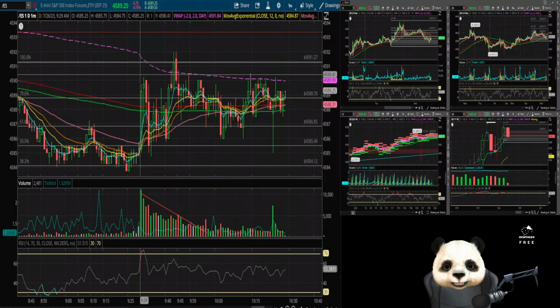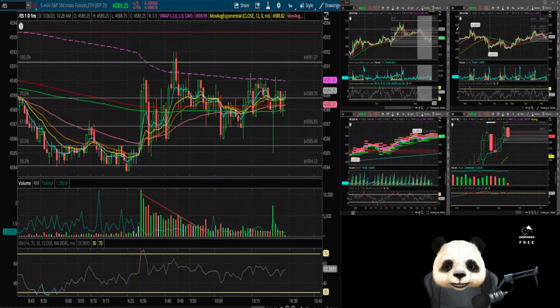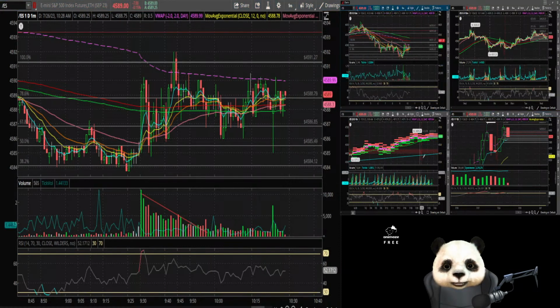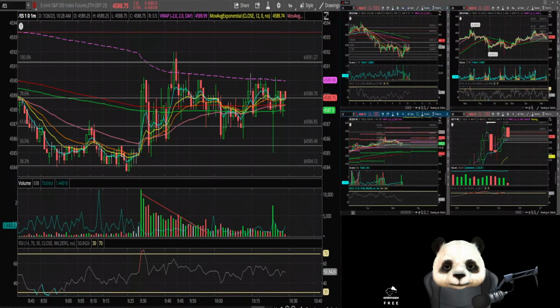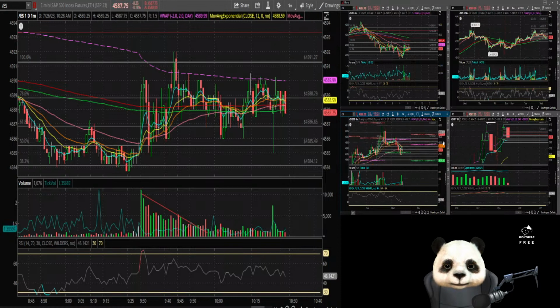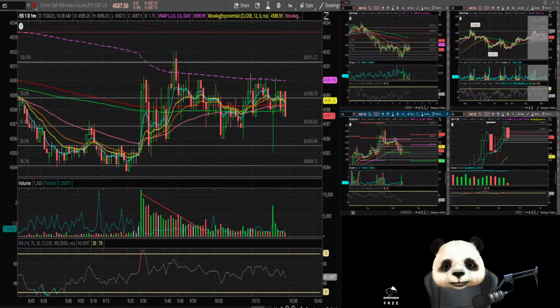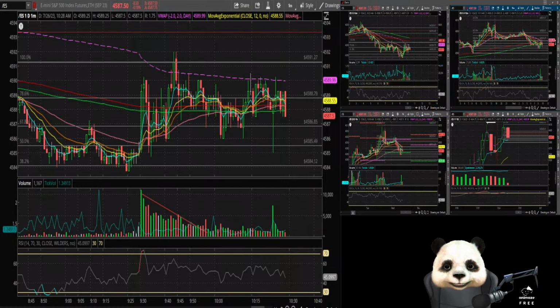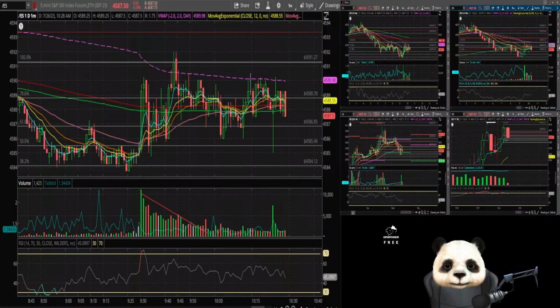Well, I've got the charts up and running. Let me zoom in on these so you guys can see it better. Gotta figure out how to adjust what settings I want so you guys, the viewers, can see it the most optimally. Let's zoom in even more.